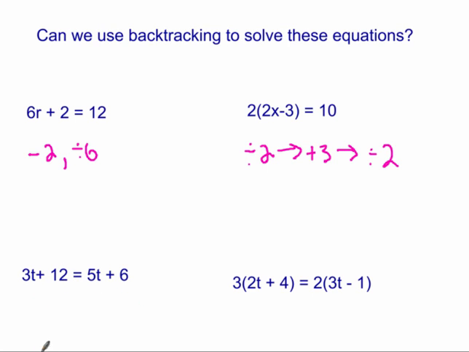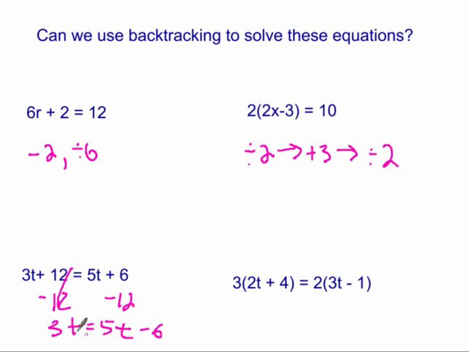Well, these are a little bit more challenging because something is not just happening to one t. We have t on both sides of the equation here, so we won't really know where to start. If we add 12, or if we subtract 12, let's say, so we're backtracking, it's going to cancel out here. We have 3t equals 5t minus 6. But we no longer would be backtracking anymore because we can't just divide by this 3